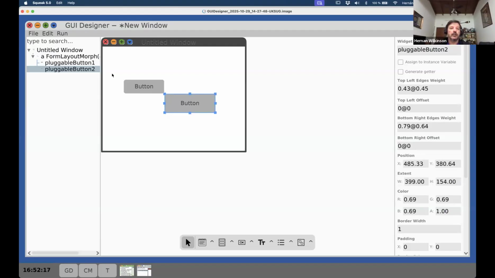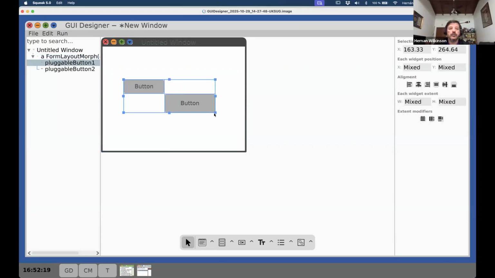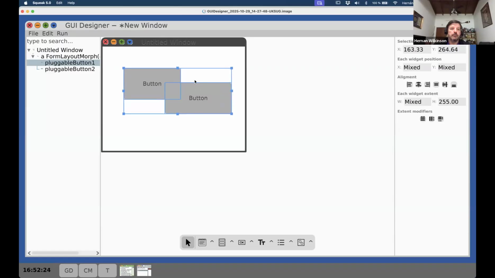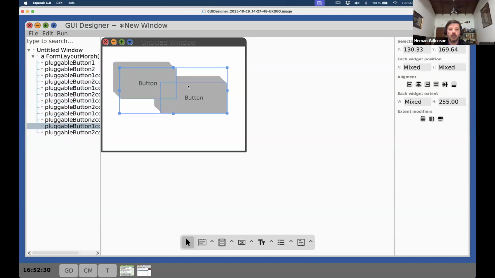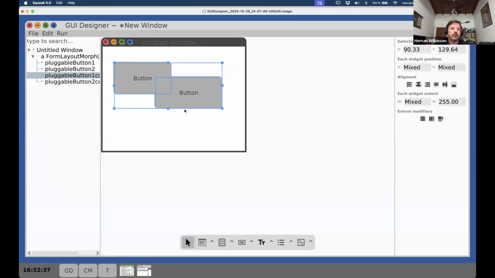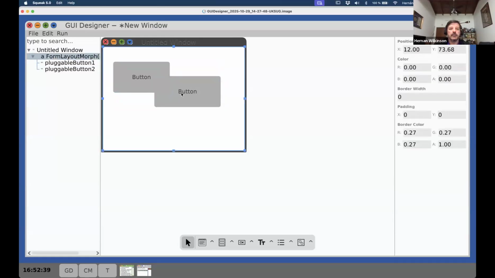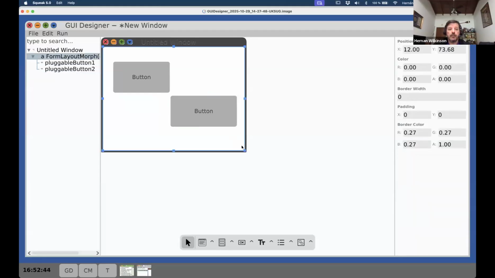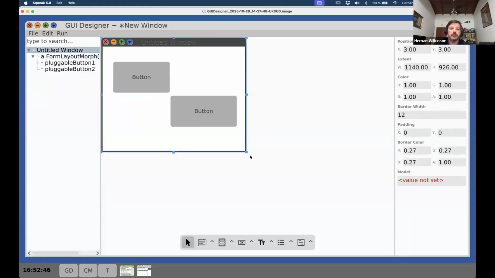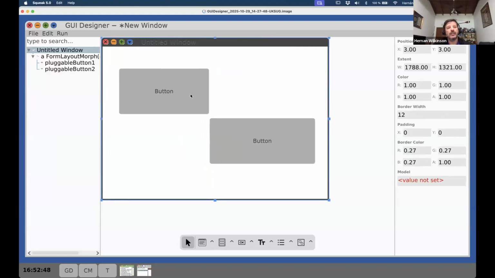Of course, you can select more than one and do the same thing: resize, drag and drop, and whatever. And of course, it has copy and paste that you can undo, redo, and so on. Let's remove all this. What else? It supports different containers, different types of containers. When I say containers, I mean